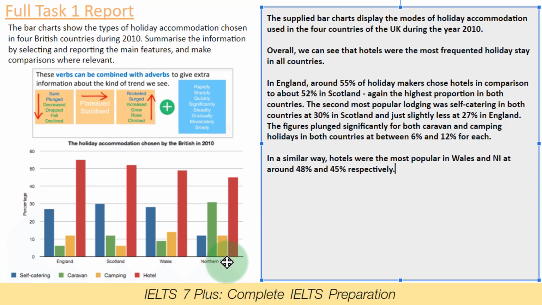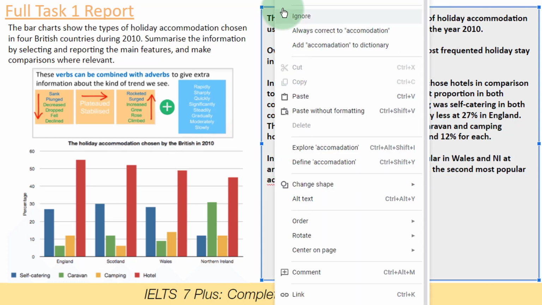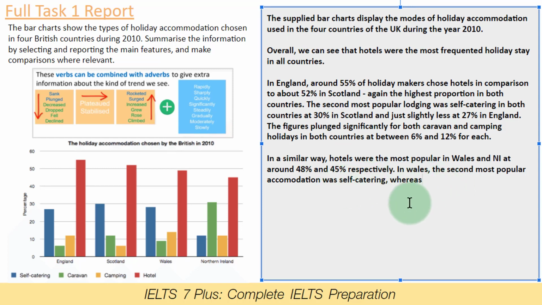Okay, so up next, maybe I can talk about, we can say in Wales, the second most popular was self-catering, although this was one of the least popular modes in Northern Ireland. Let's write this in. In Wales, the second most popular accommodation. Have I used that in the previous sentence? I haven't. The second most popular accommodation was self-catering, whereas, I keep misspelling here, accommodation was self-catering, whereas